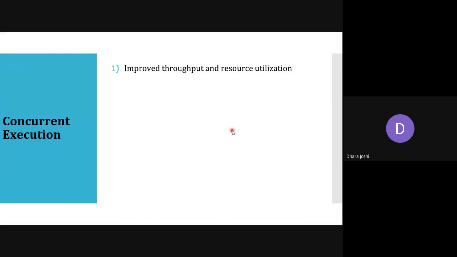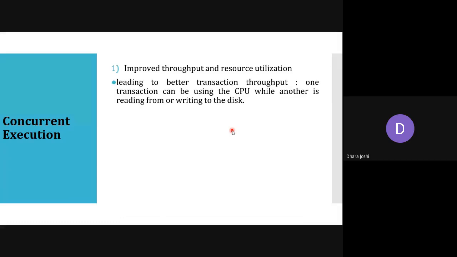So first we'll see improved throughput and resource utilization. One transaction can be using the CPU while another is reading from or writing to the disk. Throughput means the number of transactions executed in a given amount of time. Suppose I say from 9 to 11, how many transactions will be going on?